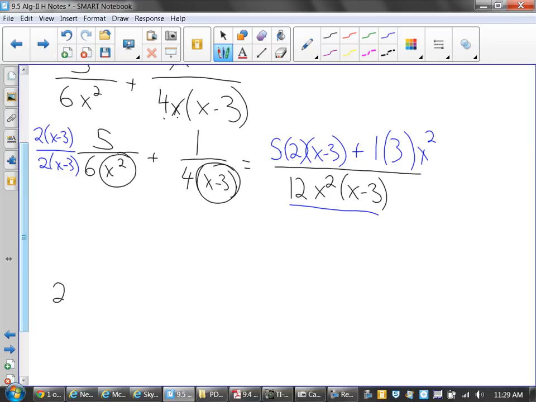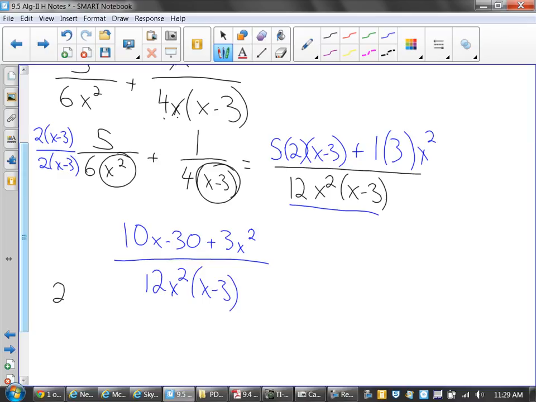Everybody agree that this 5 times 2 is 10? 10 times x is? 10 times negative 3 is? So I have 10x minus 30 plus what? 3x squared. All over 12x squared times x minus 3. Don't multiply out your denominators. Always go ahead and multiply out your numerators, because you'll notice here, we just combine some